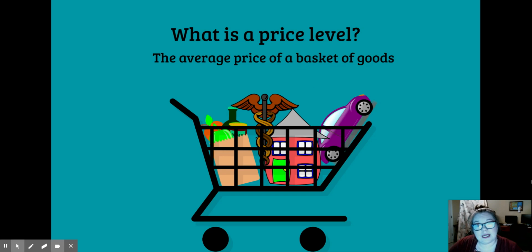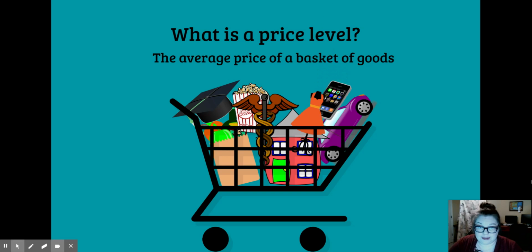Medical costs, like insurance payments, doctor's visits, prescription costs. Apparel, like clothes, shoes, socks, hats, coats, etc. Education costs, tuition, student loan payments. Entertainment, like streaming services, cable, movie tickets, going bowling, playing mini golf, taking vacations. And then communication costs, like monthly cell phone carrier fees, the cost of paying your cell phone off, landlines, internet